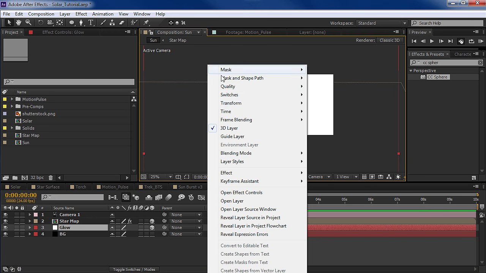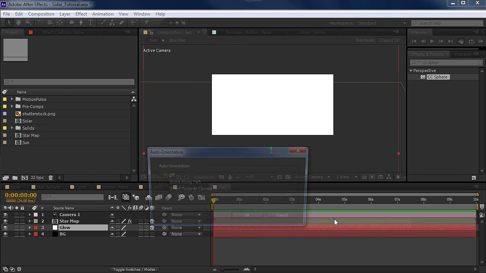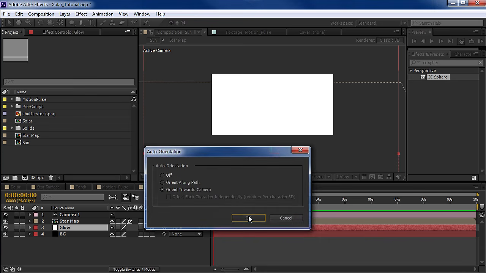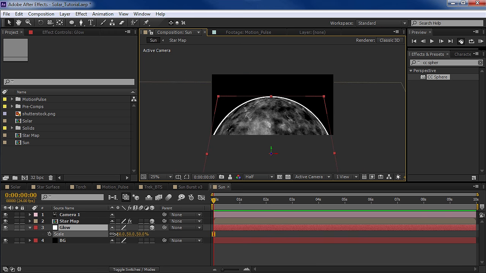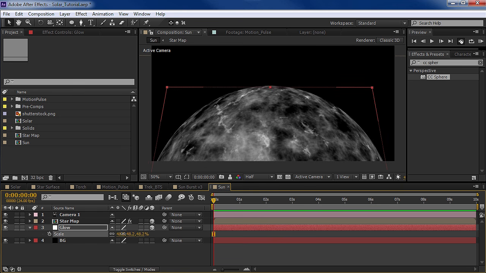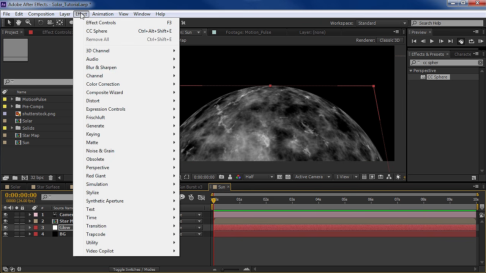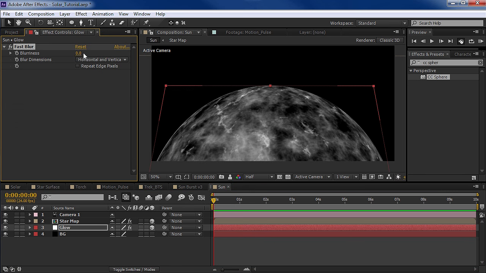And then if I right click on it and choose Transform, Auto Orient, set it to Orient Towards Camera, then all we have to do is scale it down. Hit S, scale it down until it perfectly aligns. Perfectly, I said. Okay. All right, so for this particular glow, what we'll do is add a blur effect and